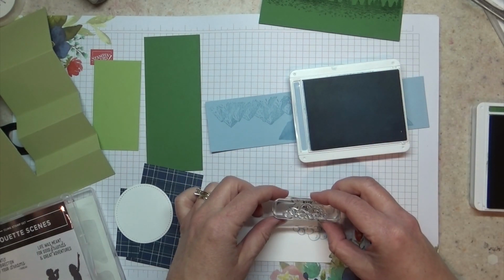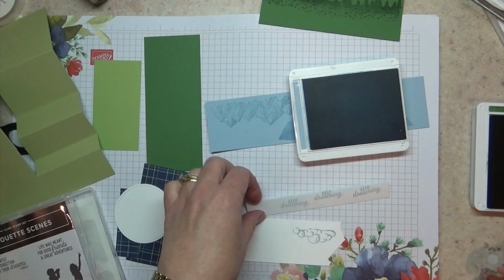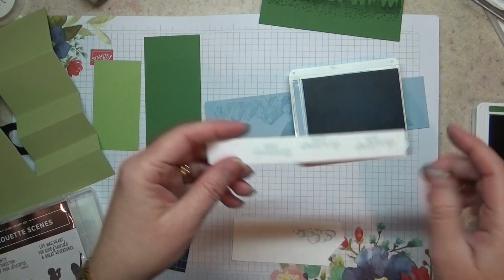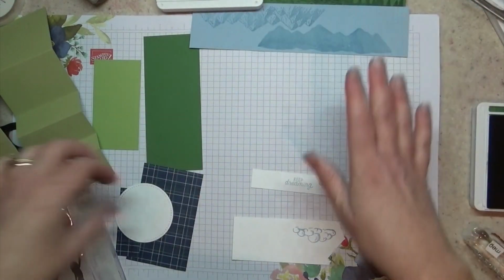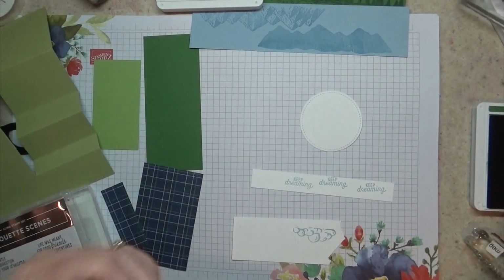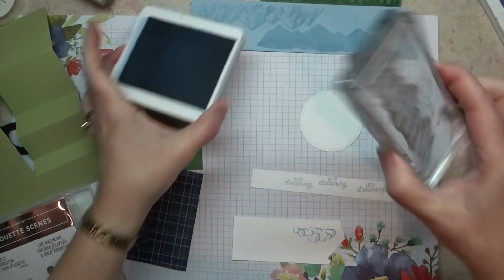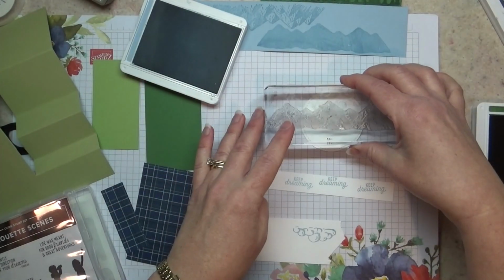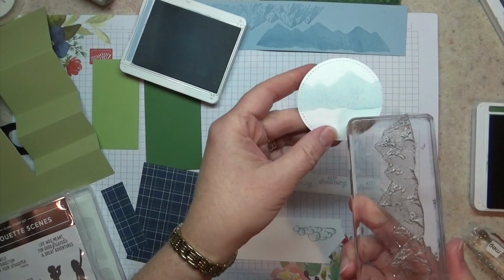Holy moly, that was totally crooked. Yeah, it doesn't really matter, because I'm going to trim it anyway. So I have several to work from. Okay, now the other part of the stamping that's involved in this is this here. And you saw me stamp this, and then I stamped it on my cardstock. Without re-inking, I'm just going to go ahead and stamp it again on here. So what that does is it gives me a really nice and light